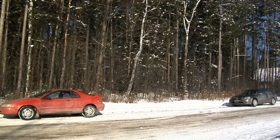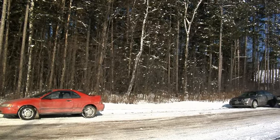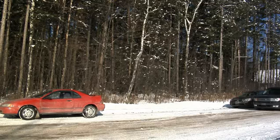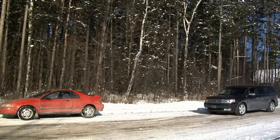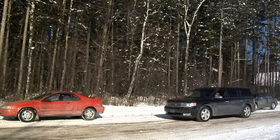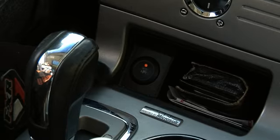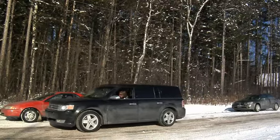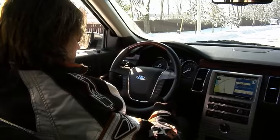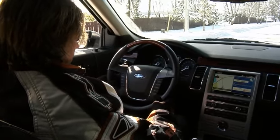Now, one of the things that I think we've all been intimidated by from time to time, both with space and time, is parallel parking. With a larger vehicle like this, that could be something that would intimidate anybody, I think. So this vehicle's got a feature on it called Active Park Assist. I'm going to hit the Active Park Assist button, which is right here, and have the car start to search for the spot. It's got a little display here on the dash telling me that it has actually found the space, and it's telling me to pull forward now a little bit